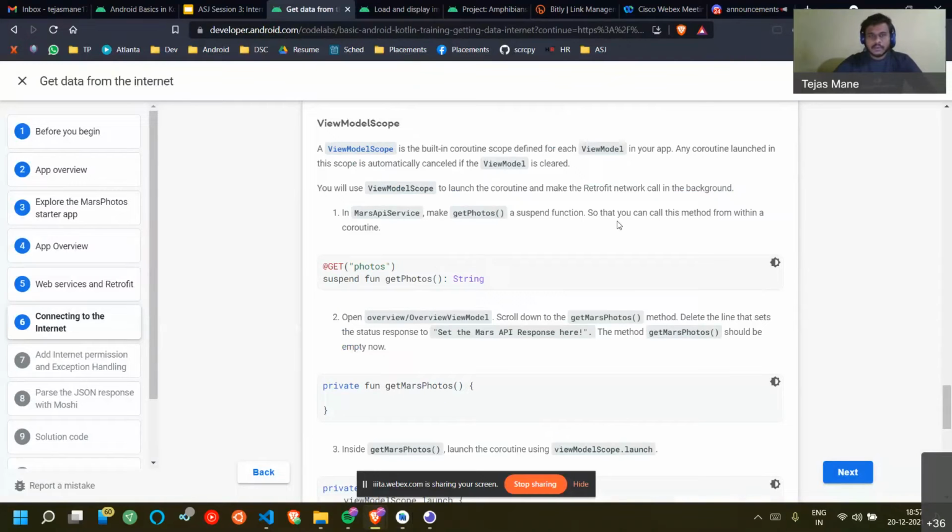So for example, we are fetching a particular data from a server, so we need an internet connection. If we don't have an internet connection, the request will fail. And because we are getting data from internet, the time depends on the network speed and other parameters. So we should not freeze our UI while getting the network request or getting the data from the server. So we have to perform it in the background so that our UI is responsive while we are getting the data and showing it to the UI in the background.